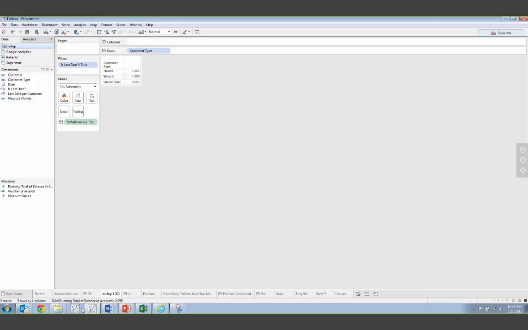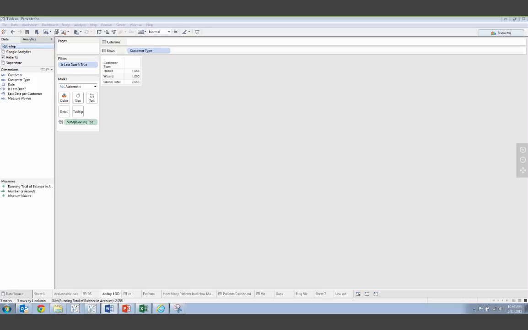Joshua, there was a question that came up from Toby about any general rules about when to think about table calcs versus LOD calcs. Is there anything that you kind of look at and go, oh, this is the perfect place for an LOD calc versus that table calc? Mm-hmm. So I'm going to steal this list from Jonathan Drummey. He sent me a list of things to think about.